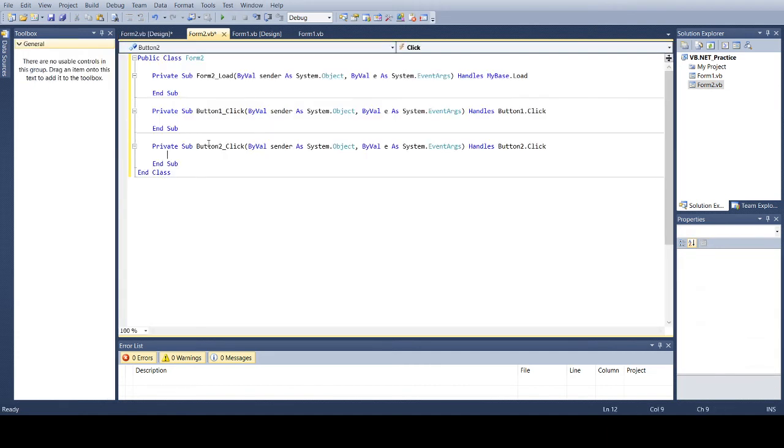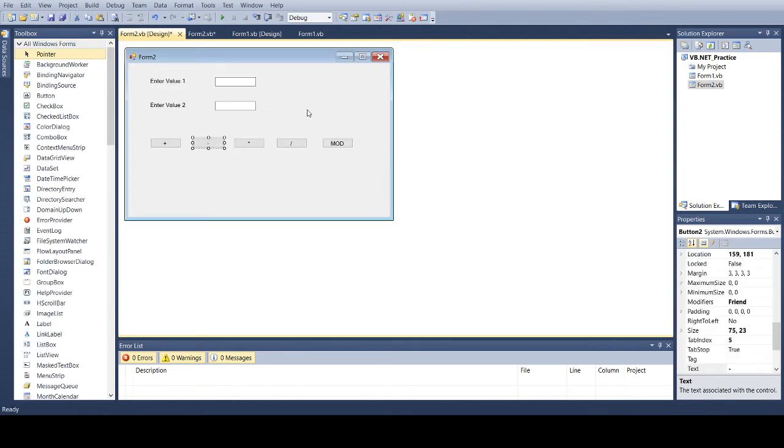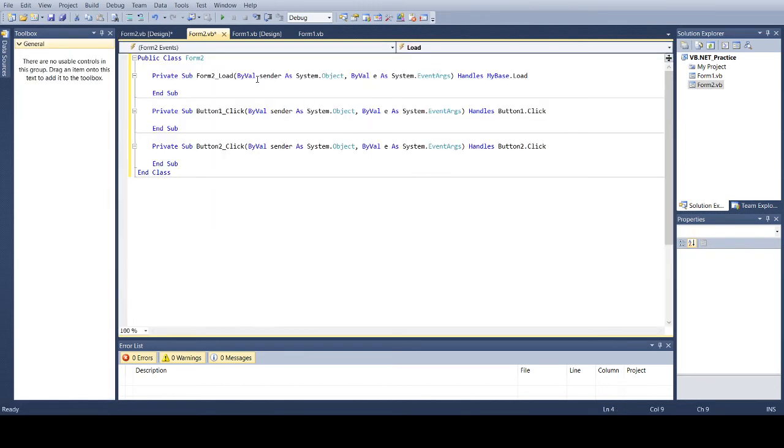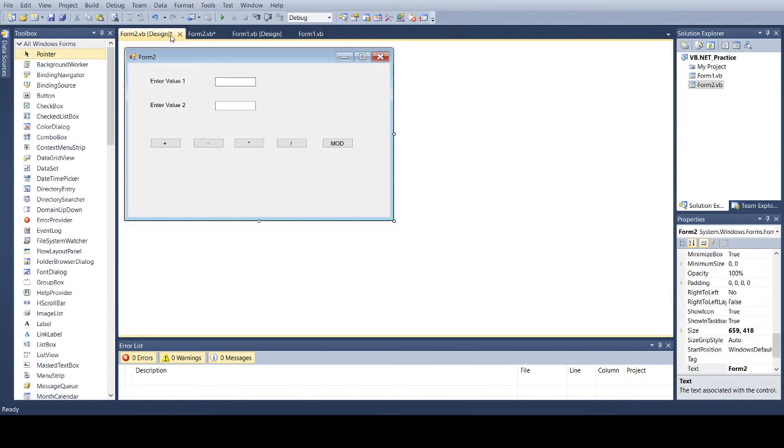If I click on Button2, I will get Button2's click event. Similarly, if I double click on the form, I will get the form's load event. Each control has a default event which is executed either on clicking or double clicking it.